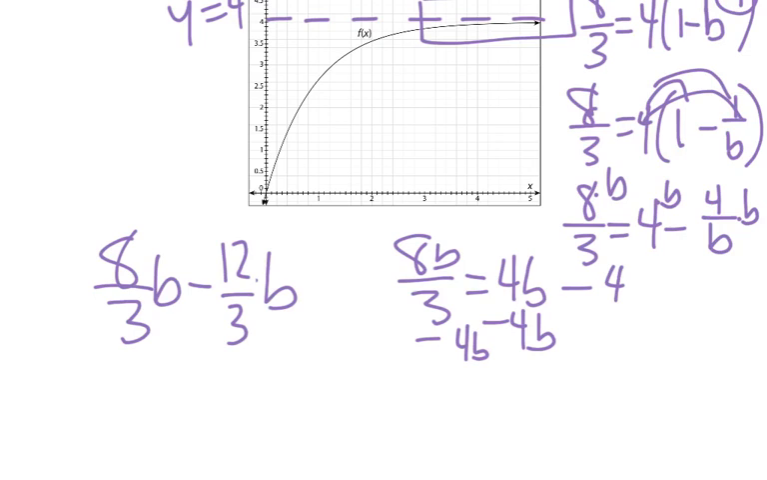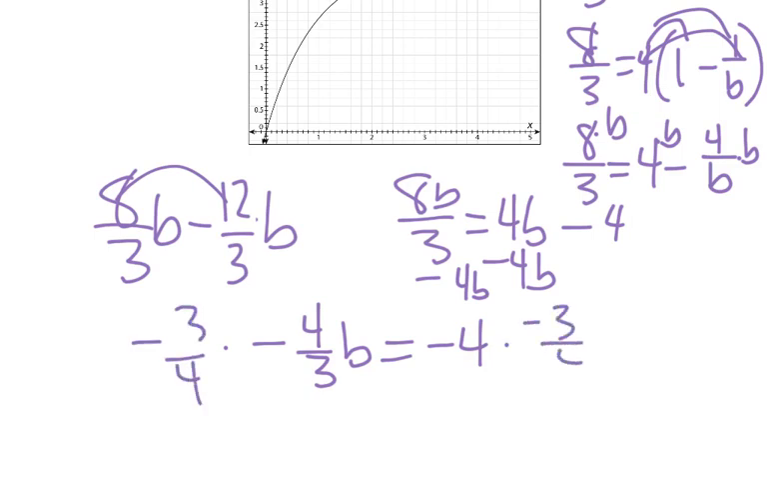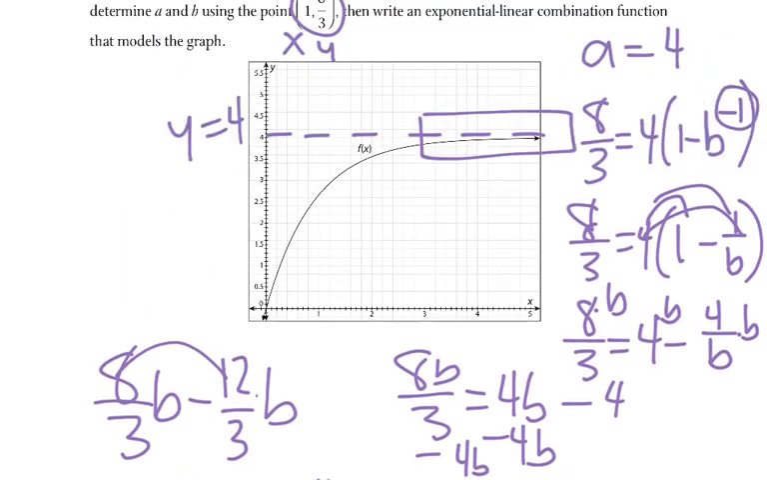Okay, which, if that's the case, 8 minus 12 would give us negative 4/3 b equals negative 4. We could times by the reciprocal, so a negative 3/4, on both sides. The 3's cancel, the 4's cancel, and the negatives cancel. 4 over 4 leaves us with 3. So b equals 3. So for our equation,